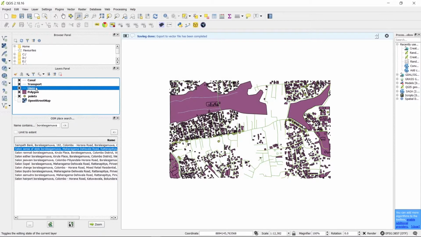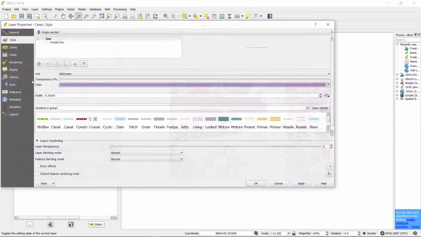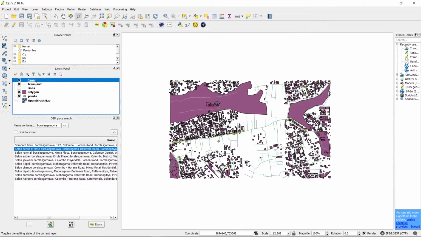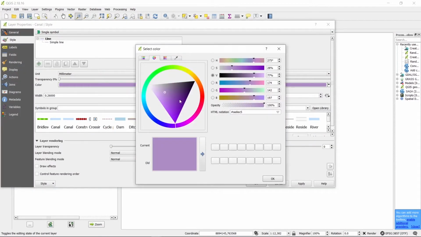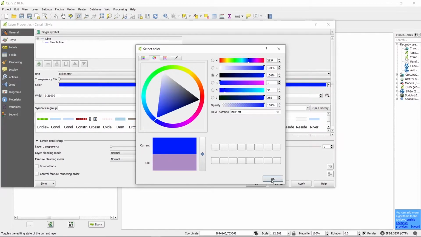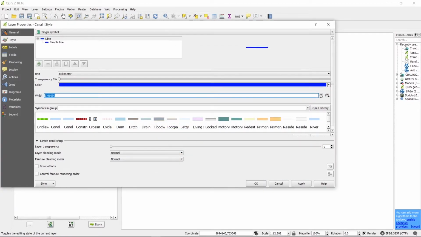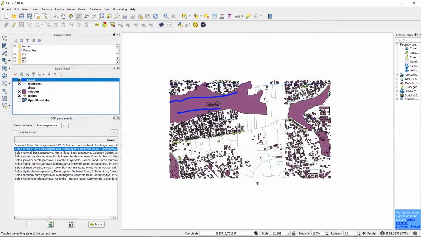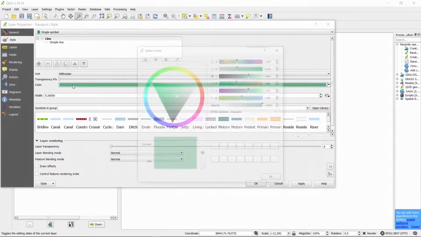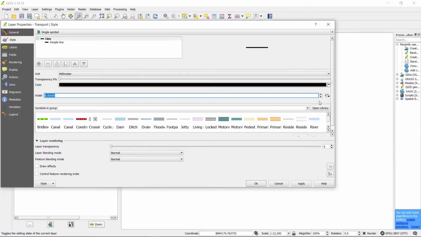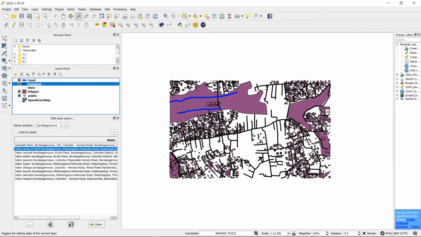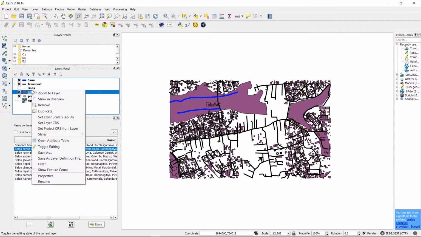Okay, right. I am going to tick off these lines. Now I can play with symbologies. I mean, you can visualize this based on different colors and all this sort of thing. I just use blue and I will increase the width since this is canal. Okay, and for the transportation layer, I'll use black. Right. So then the polygon layer.